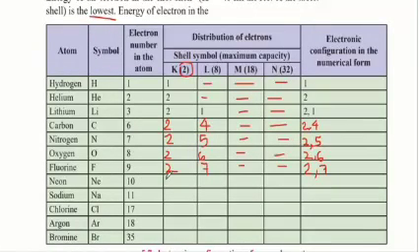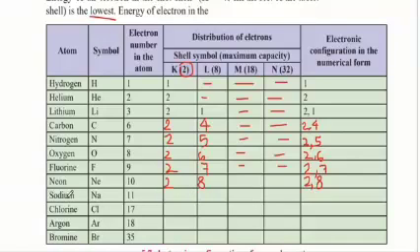Neon is given by the symbol Ne and it has 10 electrons in total in its atom. So, the first 2 electrons will go in the K shell and then 10 minus 2 will give us 8 and the remaining 8 electrons would go in the L shell. So, now notice that the L shell also is full because L can only contain 8 electrons in total. Therefore, now if there was another electron in neon, it would have been moved to the M shell. But now since there are only 10 electrons, we are done and our configuration would be 2, 8.